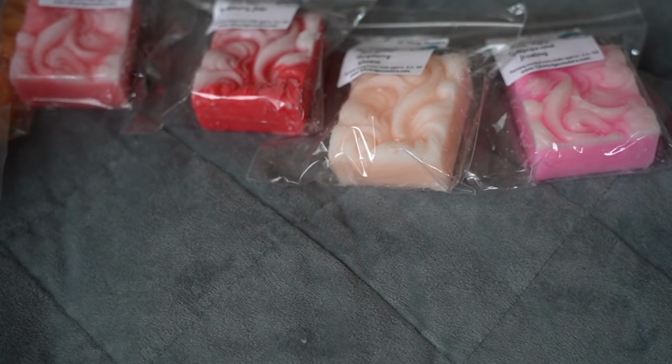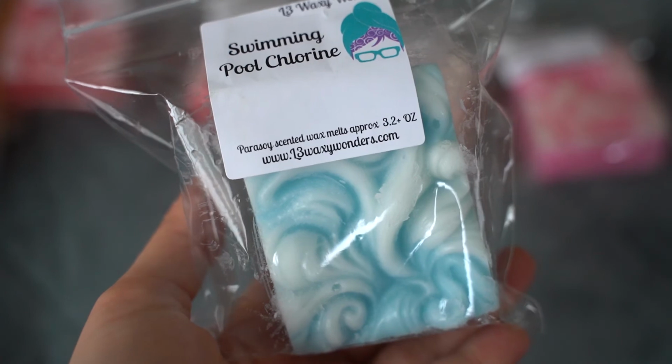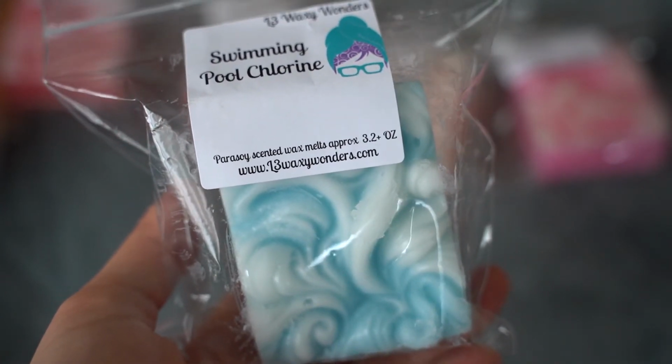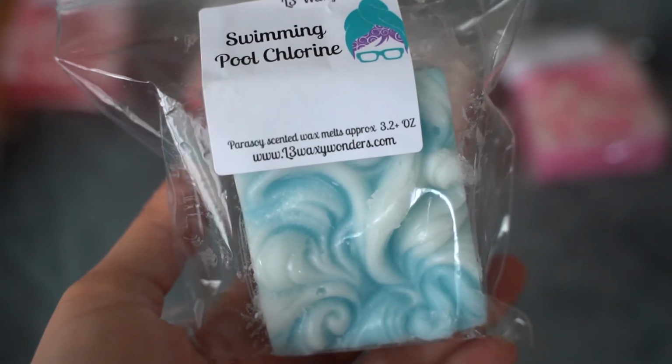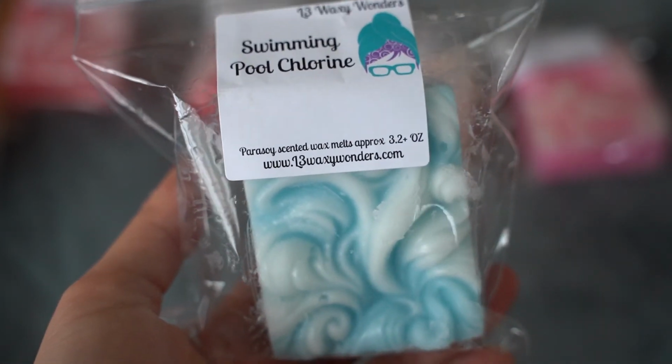I don't know if it smells exactly like a swimming pool to me, but it's interesting. It's kind of peppery. I guess it's kind of swimming pool-ish, but it almost smells peppery. It's got a strange zing to it, kind of like a bite. I guess you could say chlorine, but it definitely doesn't smell like you're just sniffing a bunch